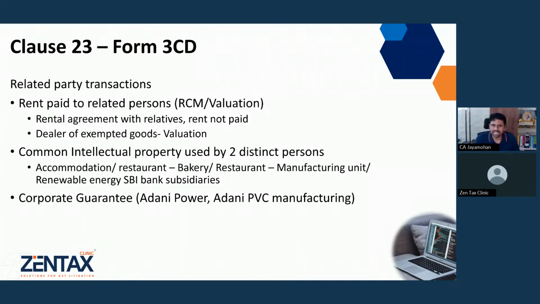And in most of the cases, the profit and loss account and the balance sheet, the face is only uploaded without the schedules. So for that reason, they might not be having sufficient time to analyze those transactions. But once the data sharing is started between the income tax department and the GST department, see, earlier in service